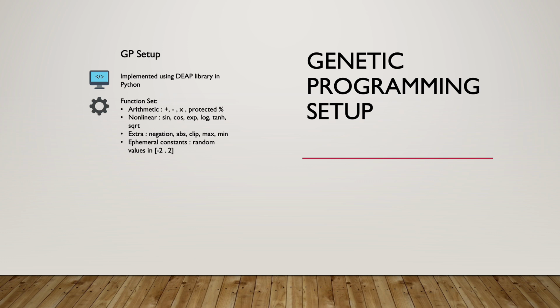Let's explore the genetic programming setup used in the project. The project is implemented with the DEAP library in Python. The function set includes arithmetic operators such as addition, subtraction, multiplication, and protected division, along with non-linear functions like sine, cosine, exponential, logarithm, hyperbolic tan, and square root. Additional functions also include negation, absolute value, clipping, and min-max operations. Ephemeral constants are randomly generated values in the range from -2 to +2, which allows flexible numeric tuning during